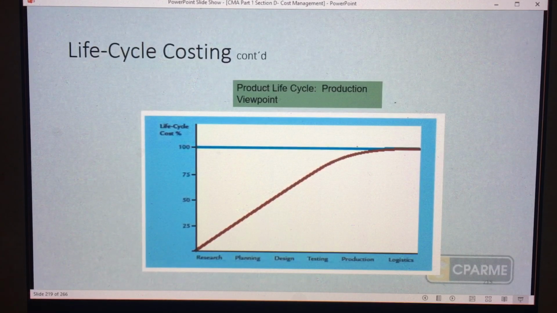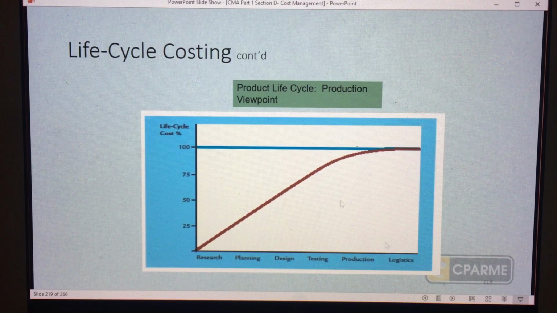For the production viewpoint, so you have here the life cycle cost percentage, which is of course 100%. And then makikita nyo sa kanyang x-axis, it tells you we do research now. We do research 25% of the time. We do planning after that. So we progression from research, there's planning, and then there's design, there's the testing, there's production, hanggang sa distribute mo